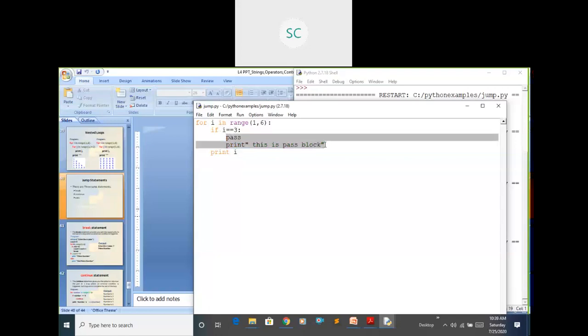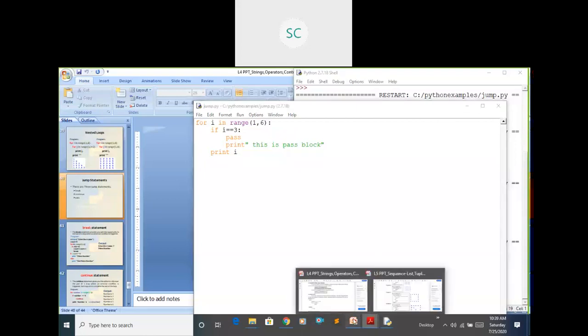By using pass, you can include that code in between the loop. Then it will continue the remaining cases. It won't affect your loop, but if you want to insert any code in the middle, you can go for this pass statement. Here I will show some slides, you can observe here.